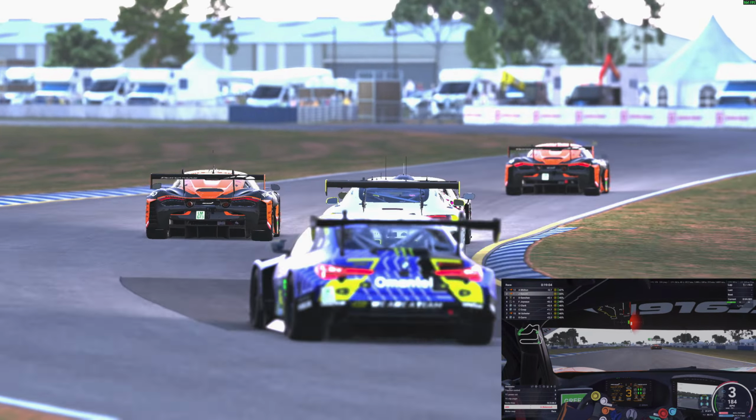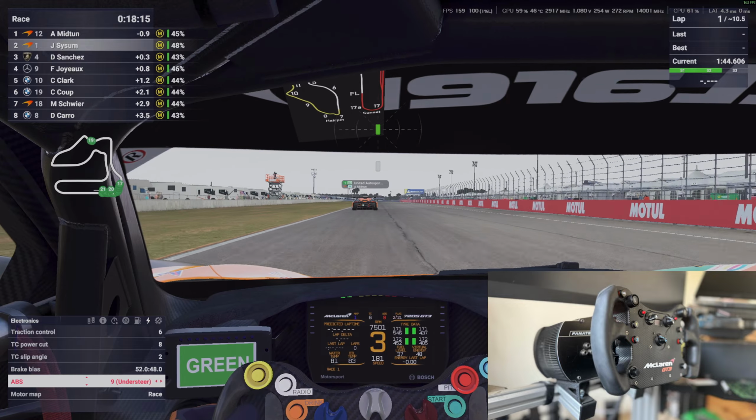But the thing I wanted to come on to in this video is how I'm using the traction control and ABS and the brake balance and everything, because I see so many people running really low traction control, TC power cut, TC slip angles, and the ABS is all the way down, and I'm thinking, I cannot handle the car in this state. One of the things that I'm finding, I'm running a belt driven wheel, the McLaren 2.5 wheelbase, the Club Sport wheelbase, a very old wheelbase now, but it still feels fantastic in many other games, including LMU,